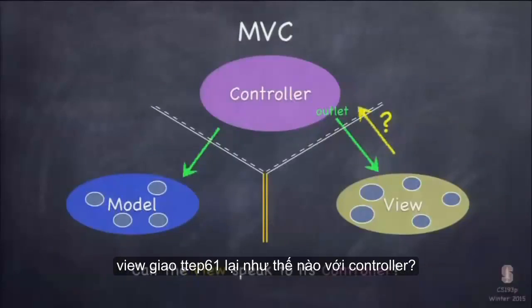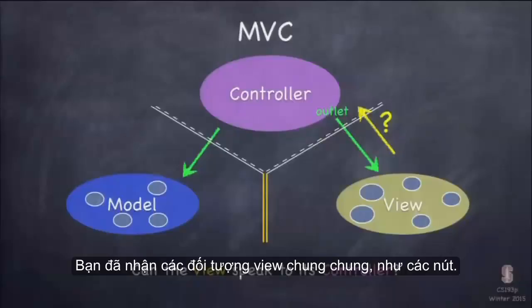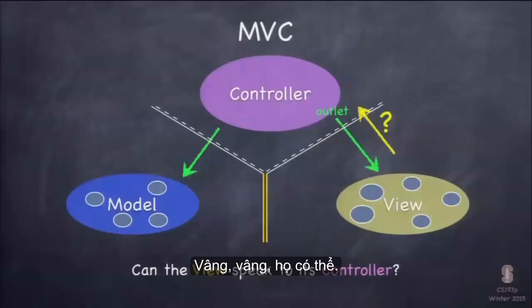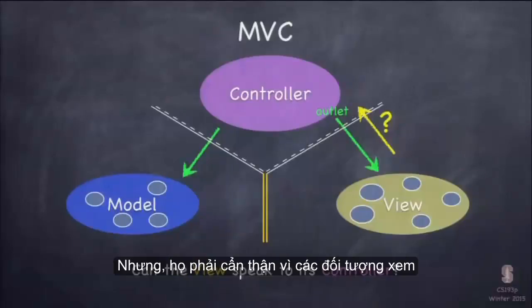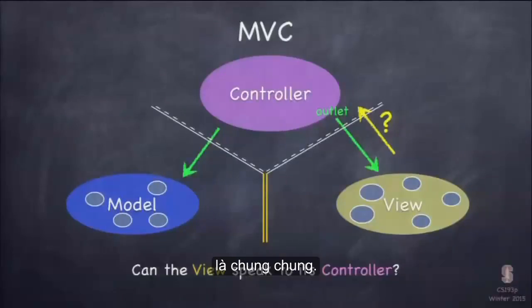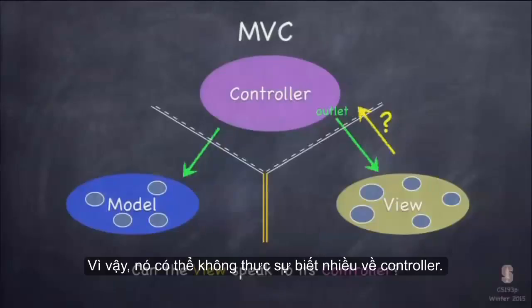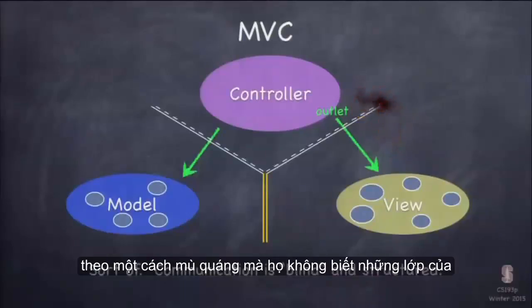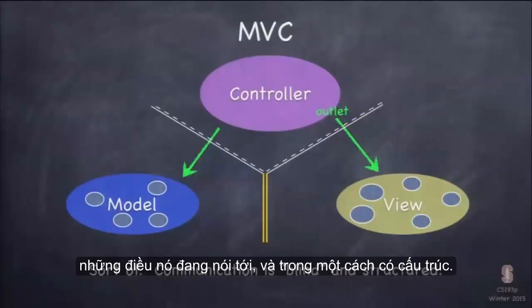What about the view talking back to the controller? You've got these generic view objects like buttons. Can they talk to the controller? Well, yes, they can, but they have to be careful because the view objects are generic. So they can't really know much about the controller. They can only communicate back to the controller in a blind way, where they don't know the class of the thing they're talking to,